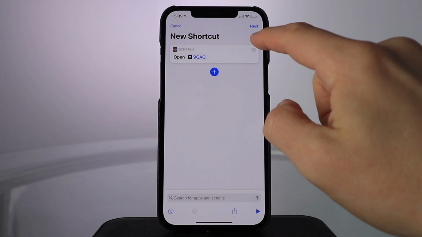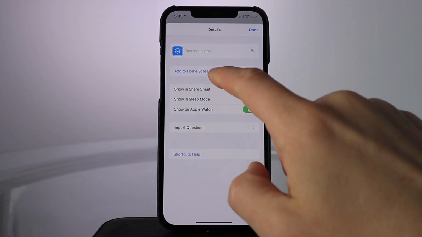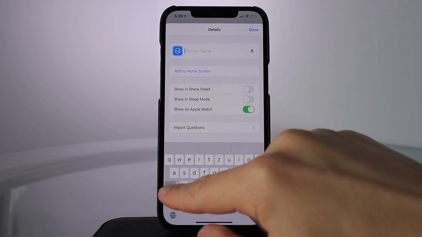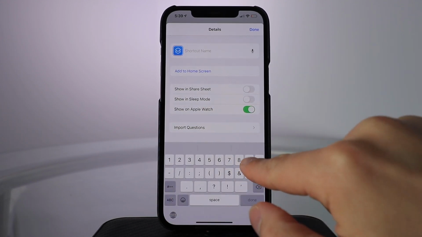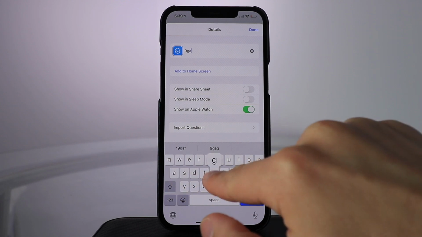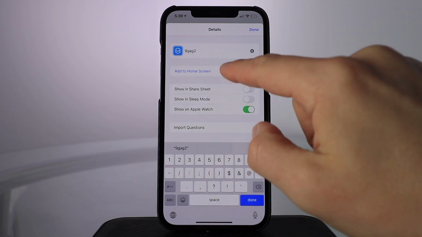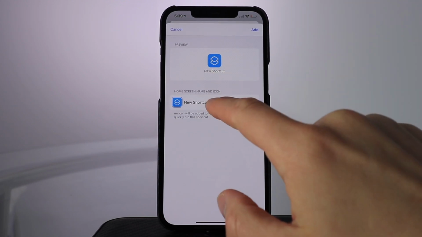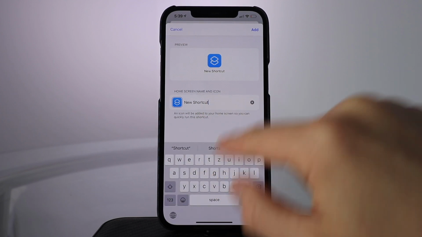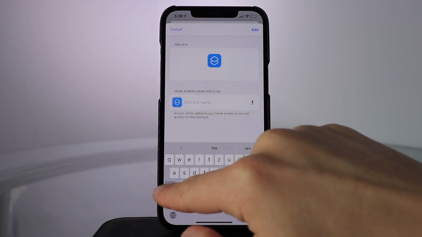Then over here on the 3 dots, you press on that and you say any kind of shortcut name. Let's call this 9gag2. And I'm gonna go add to home screen. And here you write the name of the app you want shown. So I'm gonna put